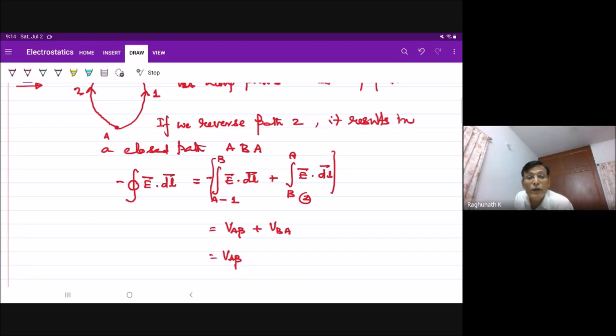You agree this, no? VAB is what actually? 1 second. VBA plus VAB, which is VBA minus VBA equal to 0, because of which